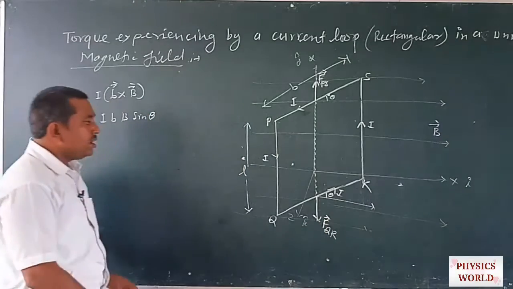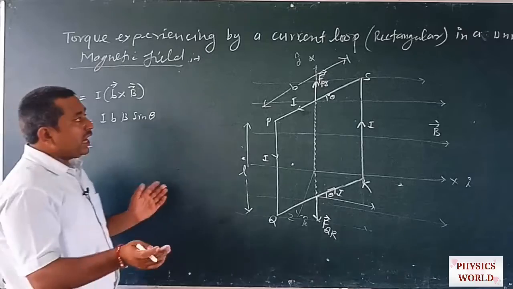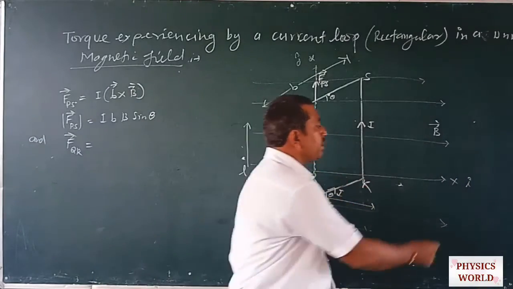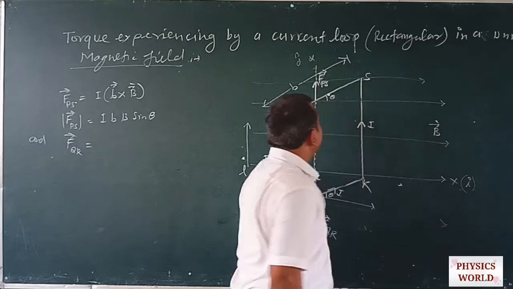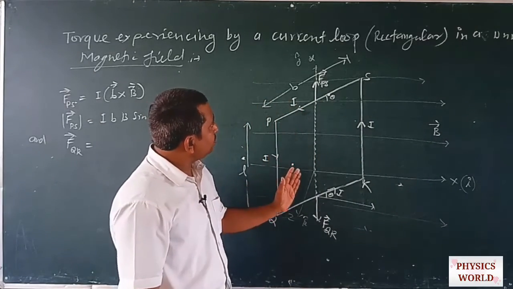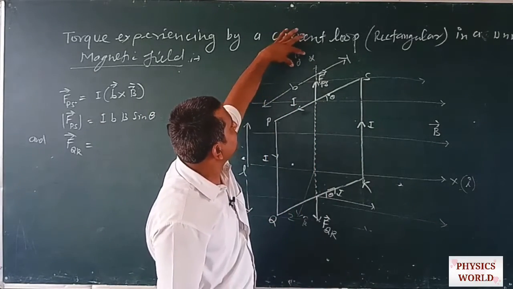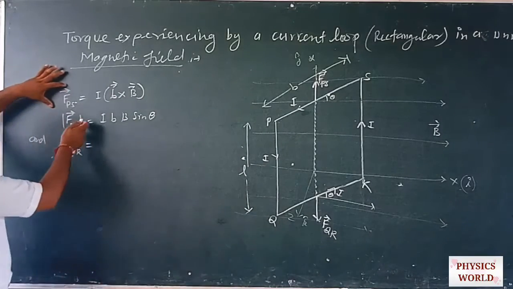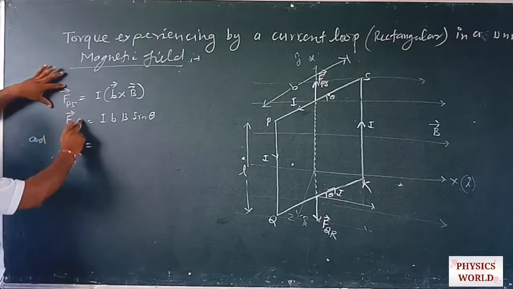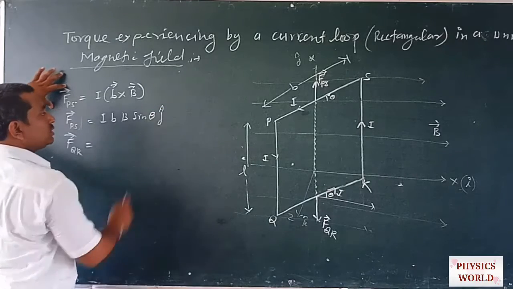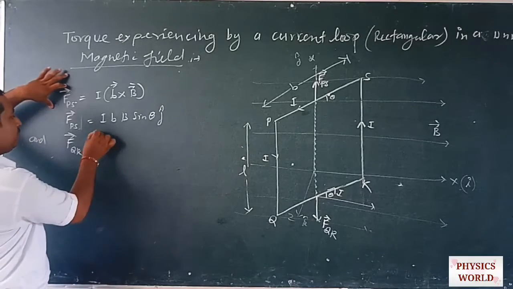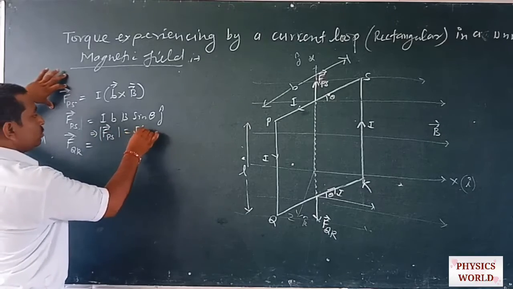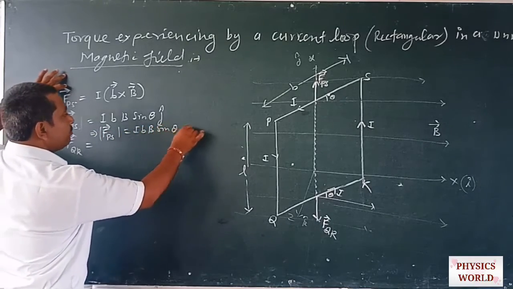That is FQR. Okay, because we already assumed that the direction of the magnetic field is along the x-axis, which is represented by the symbol i cap, and the direction of the axis of the coil is along the y-axis, which has a direction of j cap. So if we write this in vector form, then we can get the direction of this force. This is along this, and if we want to calculate the magnitude of this force, this will be equal to IBB sine of theta.